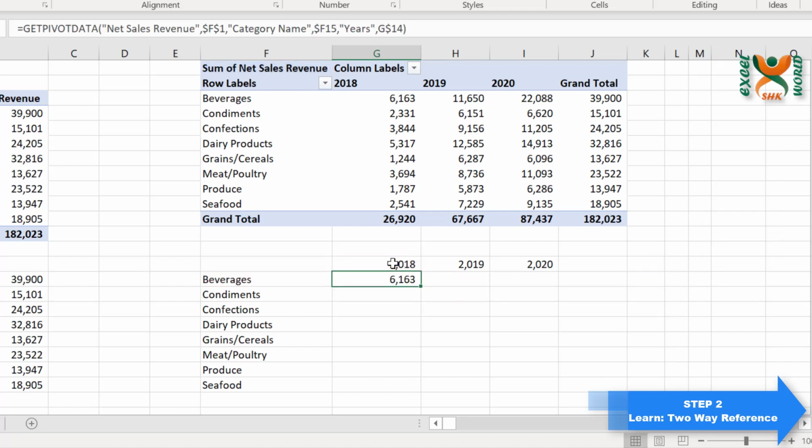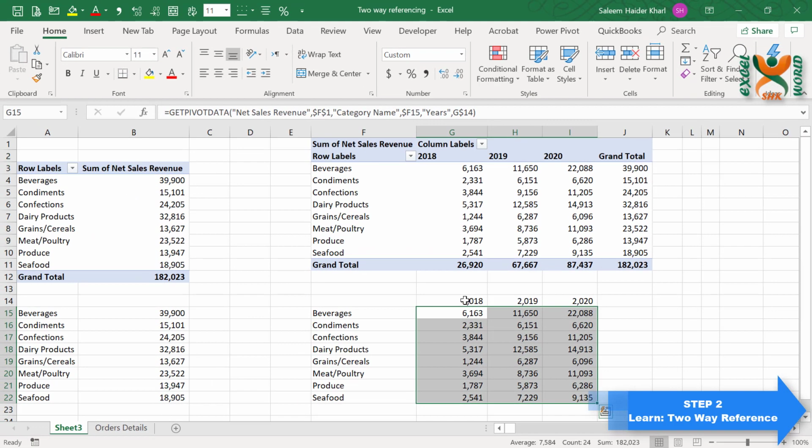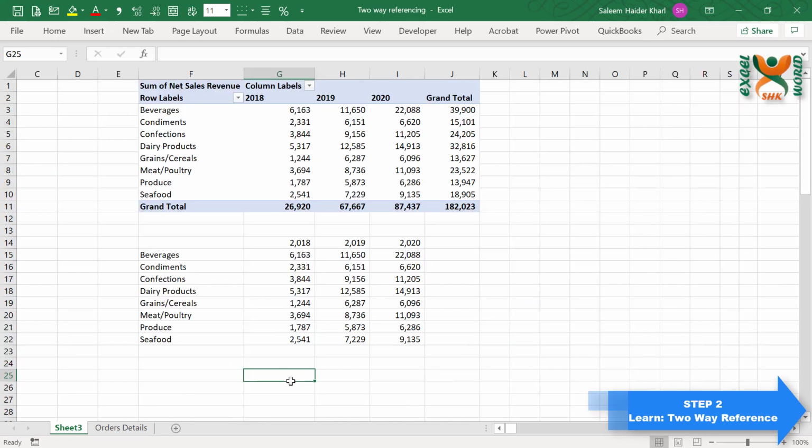So our anchoring is now proper. We can easily copy this formula to all the cells and our values are now produced. So you might be thinking that why we haven't used equal to reference in this one, as the same could have been achieved by just a simple reference of another cell.